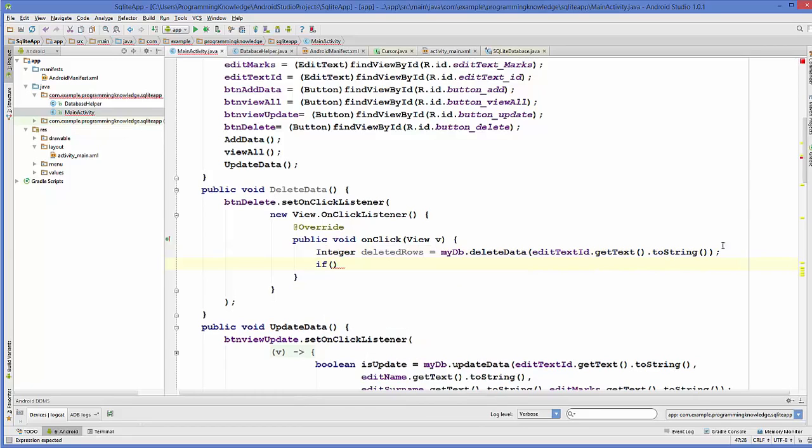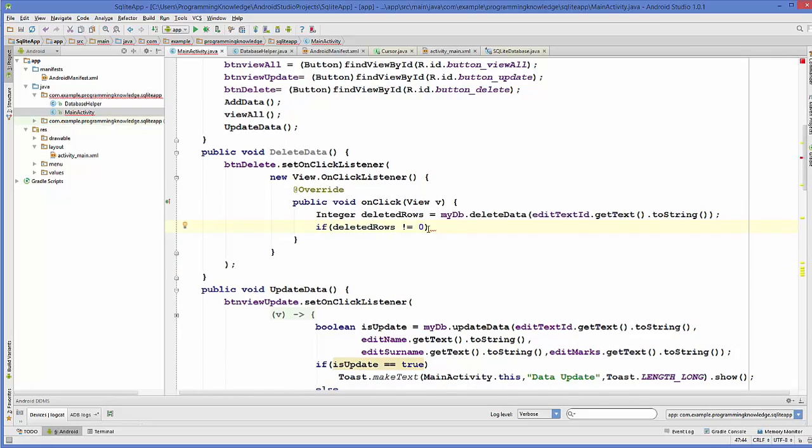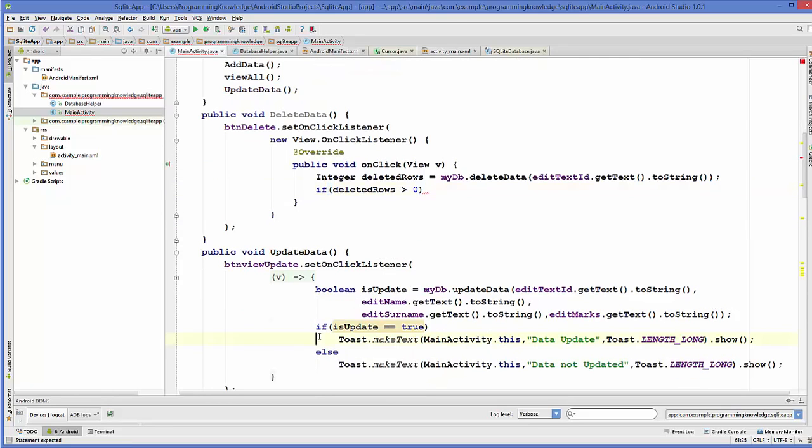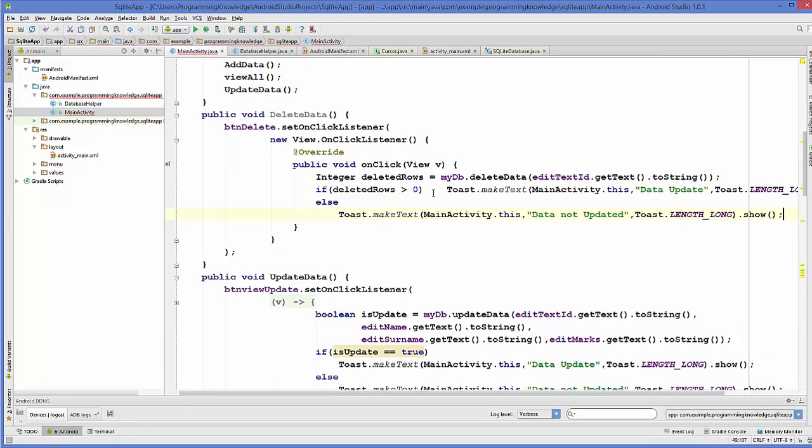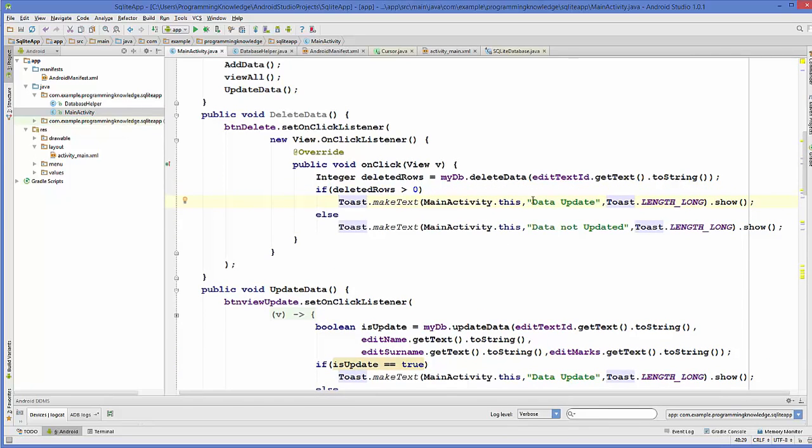If this deleted rows is not equal to 0, that means some rows are deleted, or better we can say greater than 0. If this is greater than 0, then I will copy this to save some time, and we are going to create a toast which will show the message like this: